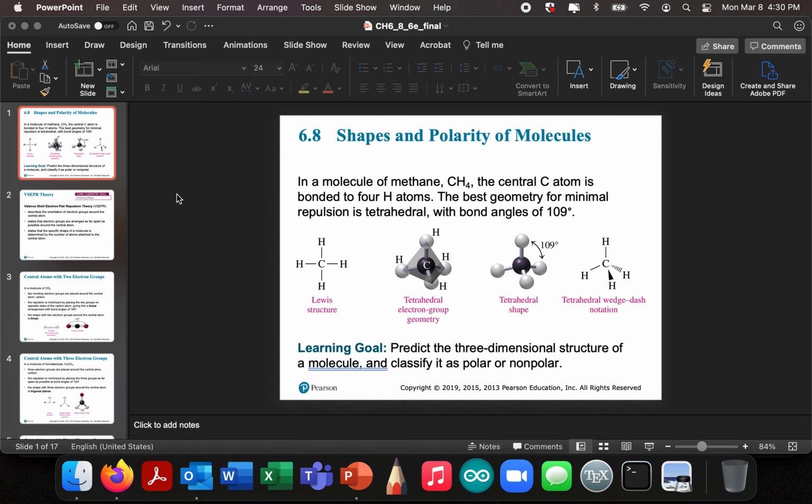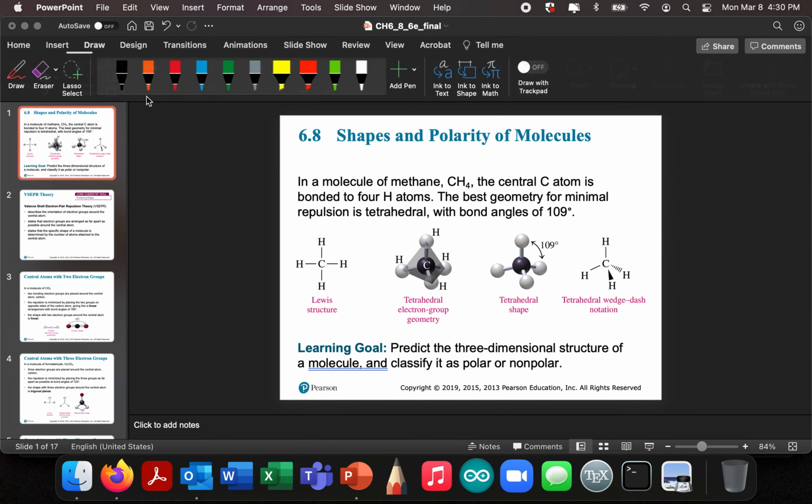Okay, so now that we talked about Lewis dot structures, you understand the connection between a molecular formula and a Lewis dot structure. We're now going to talk about what we can get from a Lewis dot structure, namely shapes and polarity. Okay, so for example, in a molecule of methane,